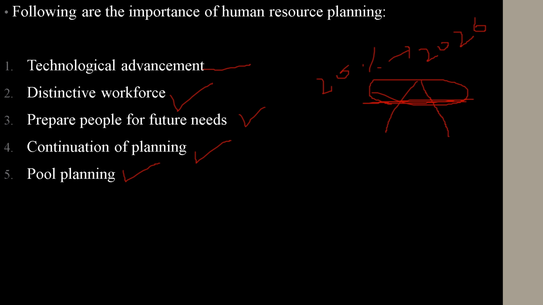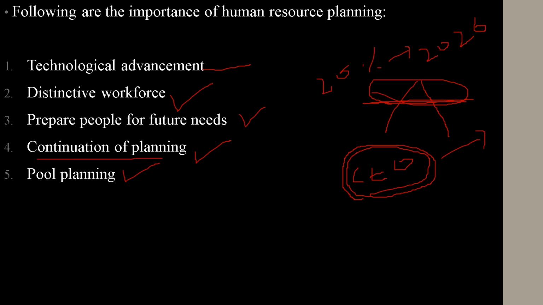Suppose the top management of the organization, that means the very top, say the CEO, wants to switch the company as soon as possible, right? It will be difficult to fill that position immediately, because all the work and all the activities are managed by this CEO, right? If he is going to switch the company, then the production work will get disturbed, right? So in that case, continuation of planning gets importance. It's a business strategy.